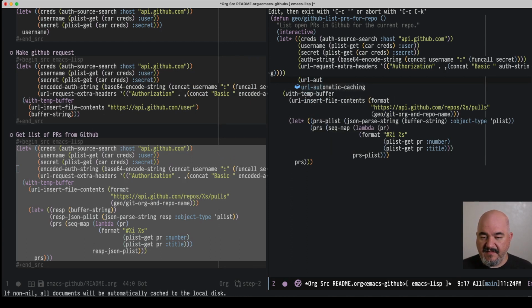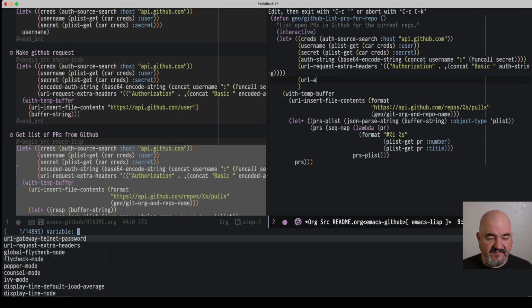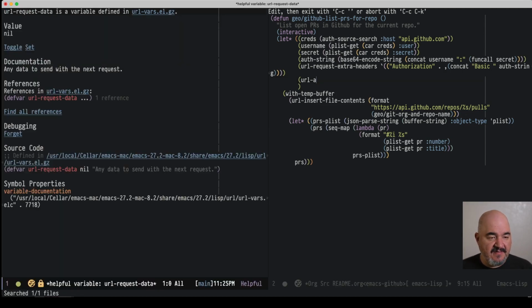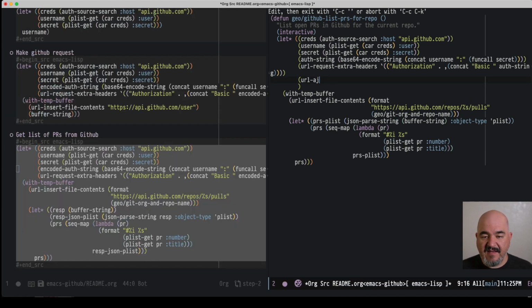URL auth. No. Okay, let's look for variables. URL auth. No, it wasn't auth. It was like the query params. Query allowed chars param. No. What was it? Request data. Let's see what that is. Any data to send with the next request. That just does not sound right. Oh. No. Well, okay, hold on. There may be